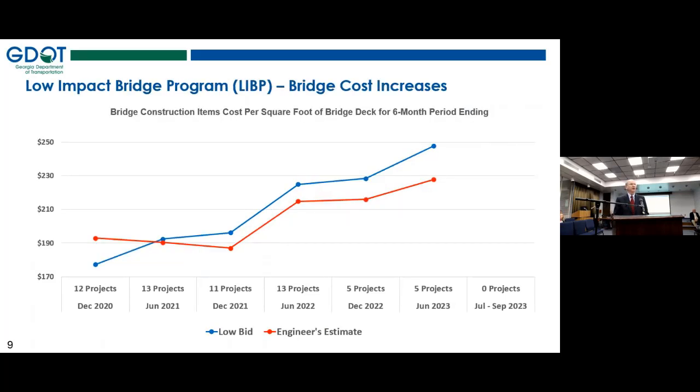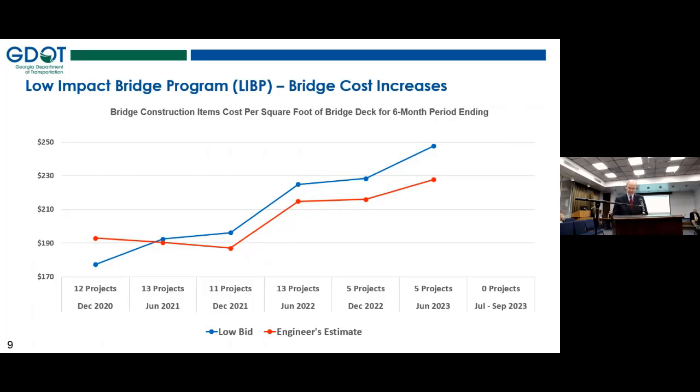The next two slides will deal with our bridge replacement projects. This slide is for our low impact bridge program. That program is used primarily on off-system roadways that don't require additional right-of-way, have minimal environmental impacts, and they use an off-site detour during construction. For bridge projects, to compare those and track the cost, what we look at is just the bridge construction item cost. So this presents the bridge construction item cost converted into per square foot of bridge deck that's constructed. That gives us a method of comparing those costs and taking out the part of the roadway leading up